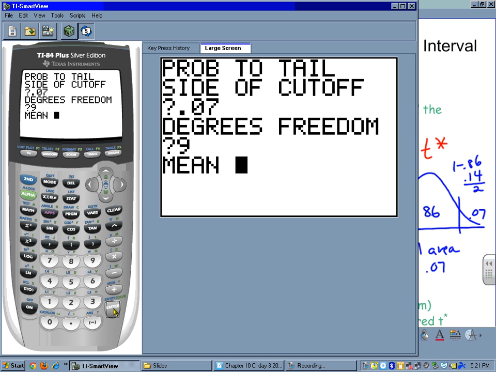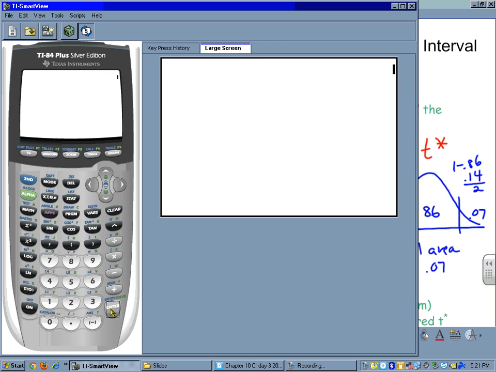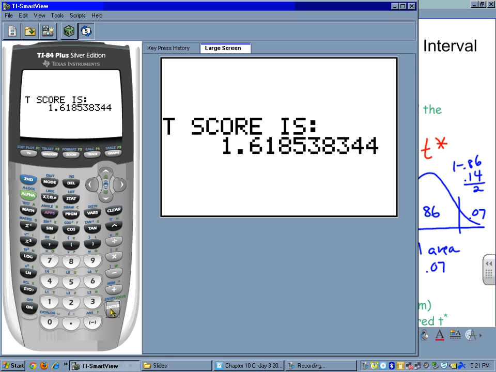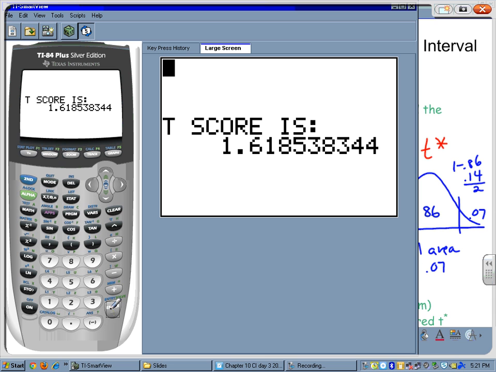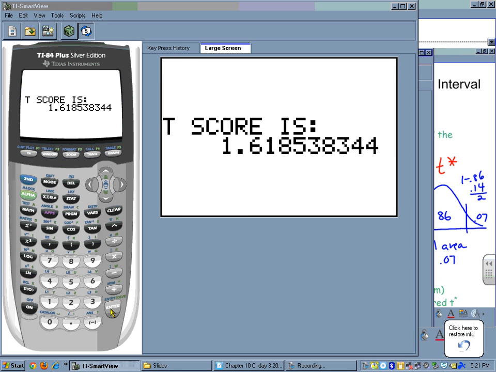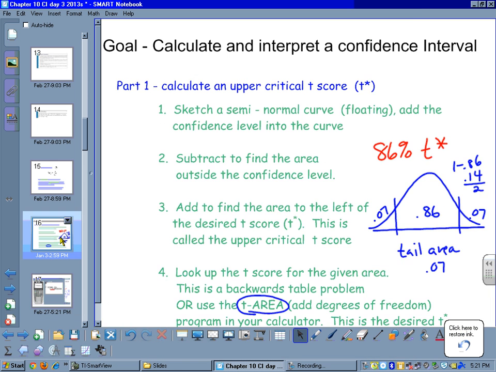And our mean of a standard t-curve is 0 and a standard deviation of 1. And so that would tell me that my t-star is 1.62 if I round properly. So that would be my t-star up here. If I had n equals 10, my t-star would be